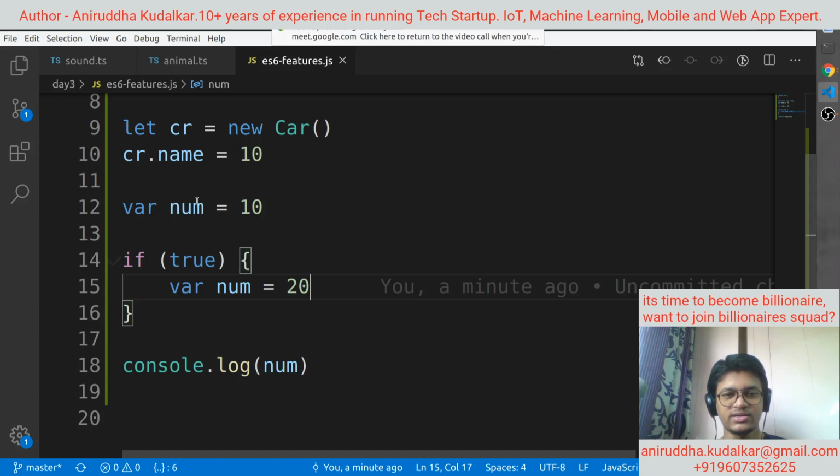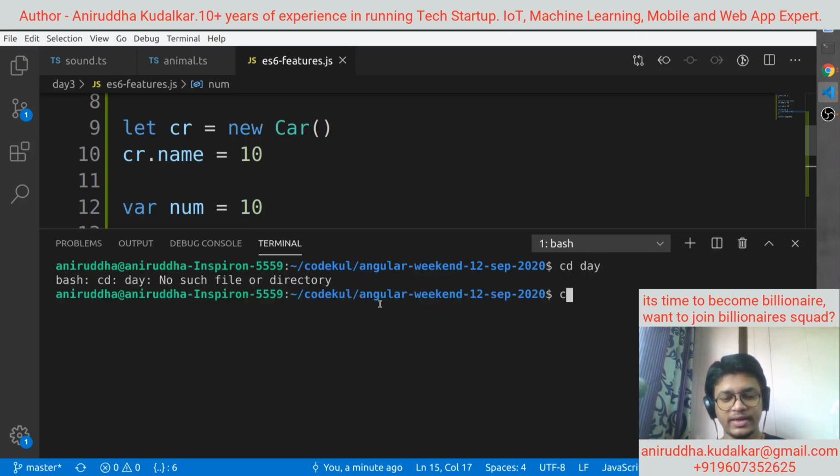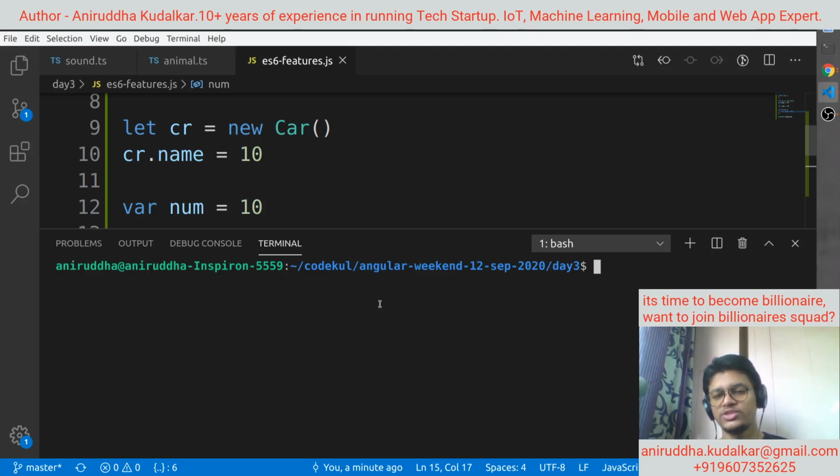Let us run the project. So I have already installed node on my machine. See, node is an interpreter outside the browser, which means you can interpret JS outside the browser by means of node. Presently you don't need to install node on your machine. I'll explicitly tell you when you need to install node, but presently you don't need it. Just to run this code I am showing you. See, node ES6 features.js.